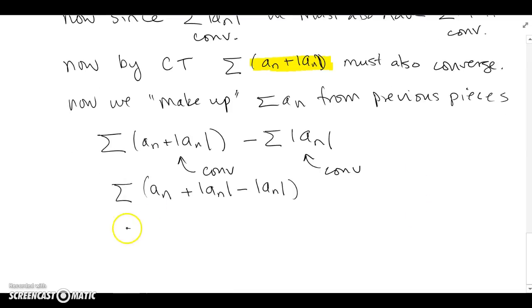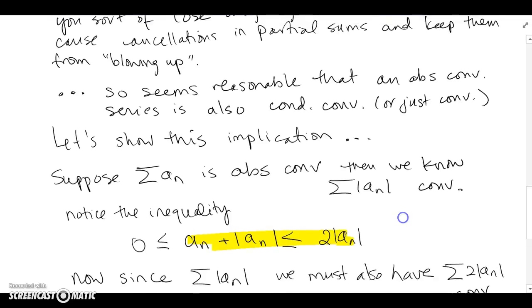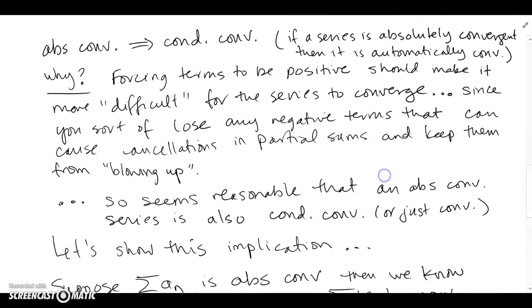And that leads me to, well, these guys are going to go away. This must also be convergent. So we formally showed the stronger implication that we keep talking about: what our intuition tells us, that if you have absolute convergence, in the process you're automatically going to get convergence or conditional convergence.